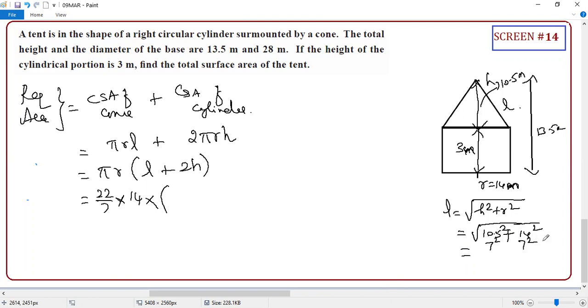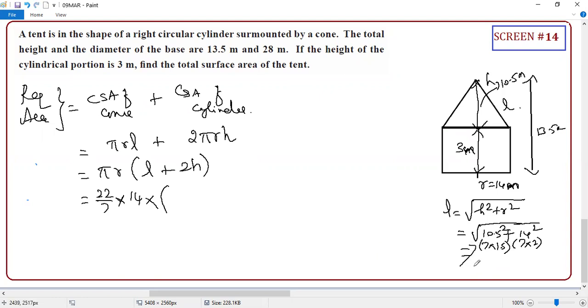Like I told you earlier, correct or not? Is there, sir? How come, sir? Yes, 14 is what, student? 7 into 2. 105 is what? 7 into what? 7 into 1.5, that is 10.5, correct or not? Yes, sir. Why am I doing all those things, student? To make it easy. Because in both places 7 is common, that is 7 square I can take out.